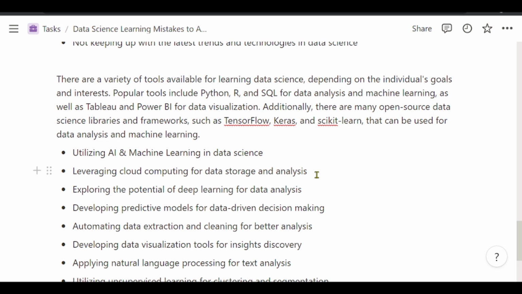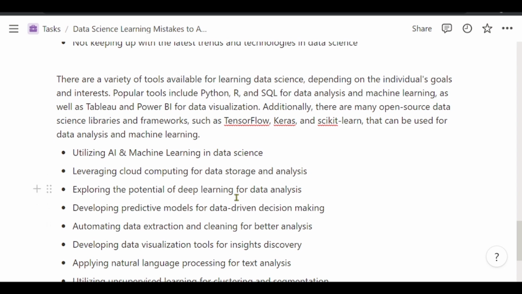If we confine this to the theme of our video, one of the mistakes to avoid in my data science learning path is not seeking to understand how to utilize AI and machine learning in data science. Another mistake is not leveraging cloud computing for data storage and data analysis.